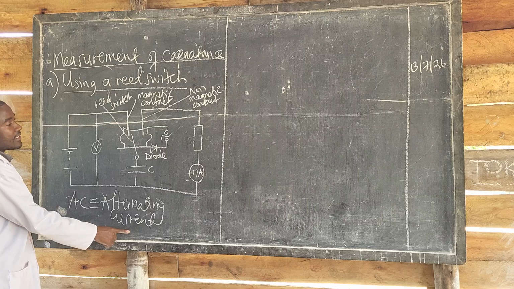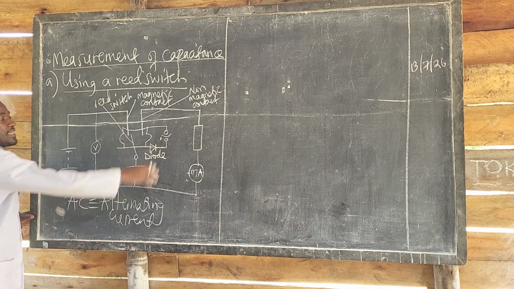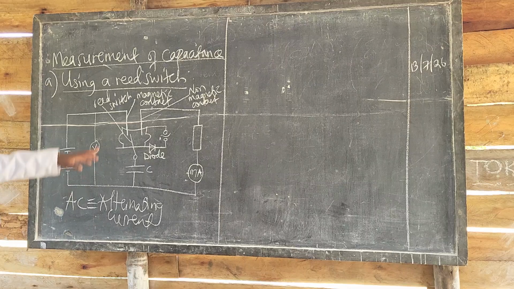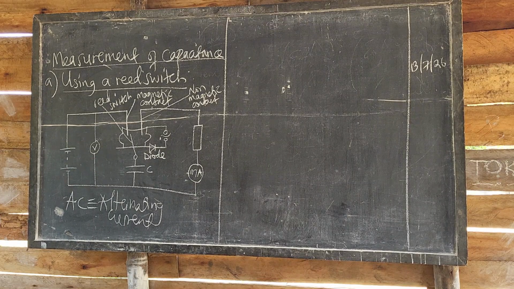So alternating current is provided or is shown on the circuit here. So if we know the frequency with which the AC is being supplied, knowing the frequency F of the alternating current in the reed switch circuit,